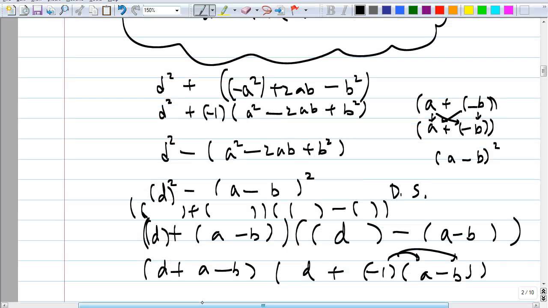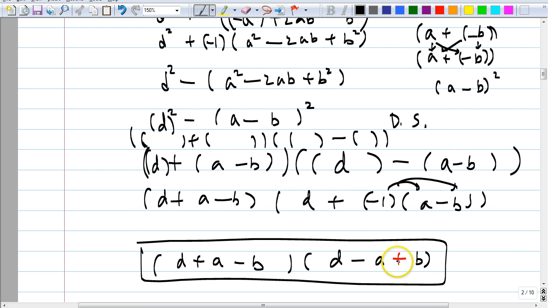Plus b. Why is it plus b, Chris? Yeah, don't you have to distribute this negative inside, right? Look, isn't this plus -1 times this whole thing? What's -1 times a, guys? What's -1 times negative a? What's -1 times negative b? So don't forget, a lot of times people do like 99% of the work,